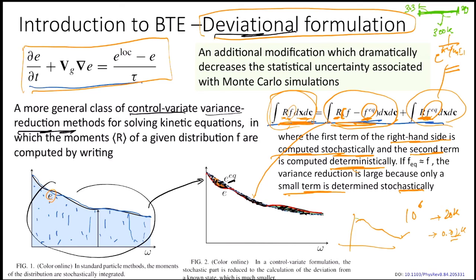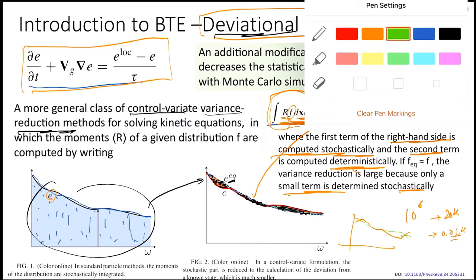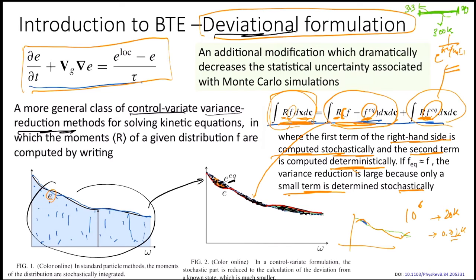So we said our equilibrium solution is somewhere here, so our final solution is not that far from here. Where we have to sample the particles is wherever it is deviating. The particle could be above or below this equilibrium distribution, and we are only sampling that part. We are not sampling the entire distribution because this equilibrium part we already know deterministically. We know its form. So we only have to sample the remaining part, which is less, and that reduces our statistical uncertainty quite a bit.